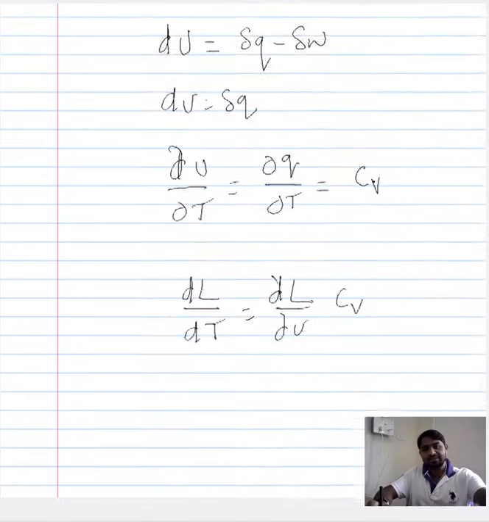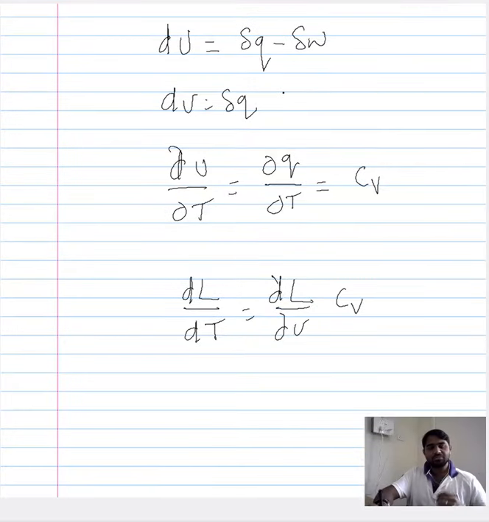Now for this internal energy, we have assumed that there is no work done by the system, so we have gotten rid of this PdV term. There is no change in the volume. We then related the internal energy to the heat, and once we do that, we end up with the heat capacity of the system at constant volume.